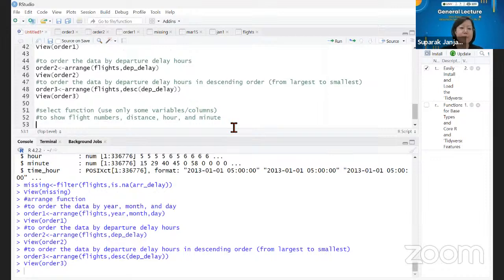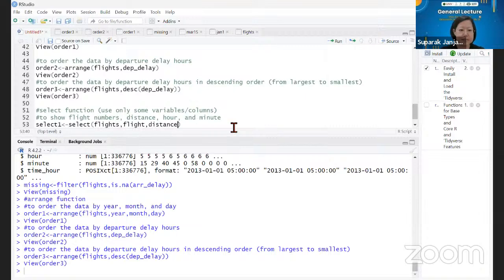Okay, let's call it select 1. And the function we use, of course, is select. And now we can guess, after select, we identify the data flights, right? And after flights is the condition that we want to select, which is flight